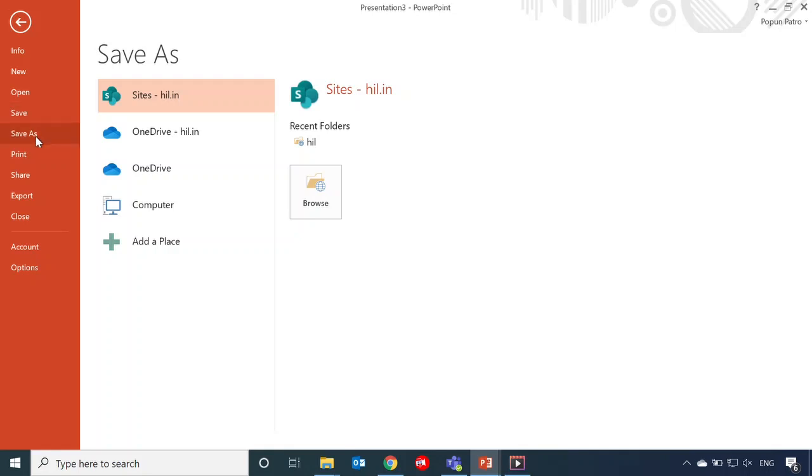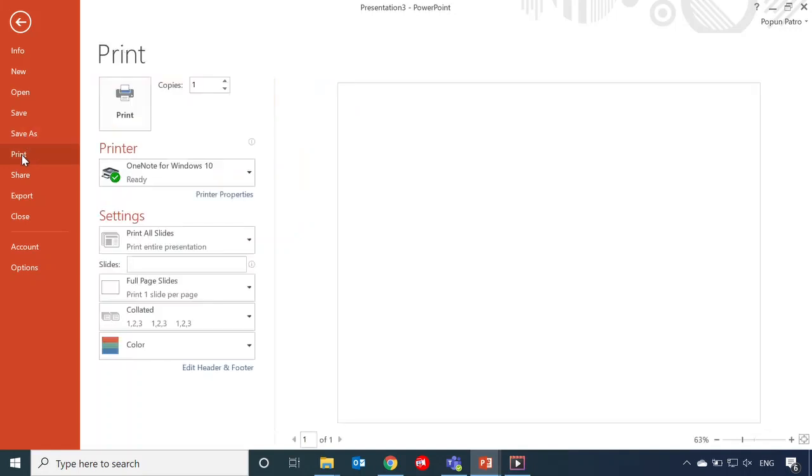Then save as is the same. Save as helps us save our file as per our choice. Now next is print. We can print our PowerPoint by using this option.